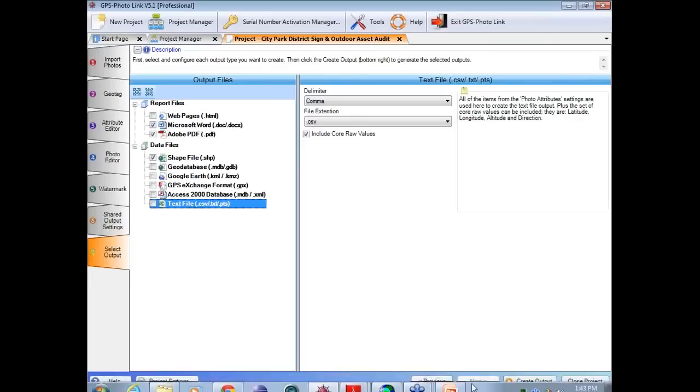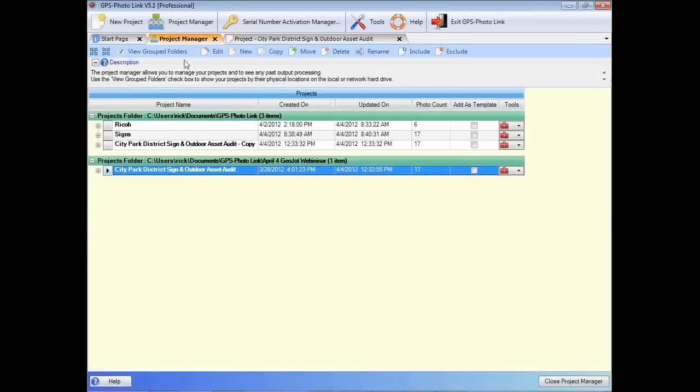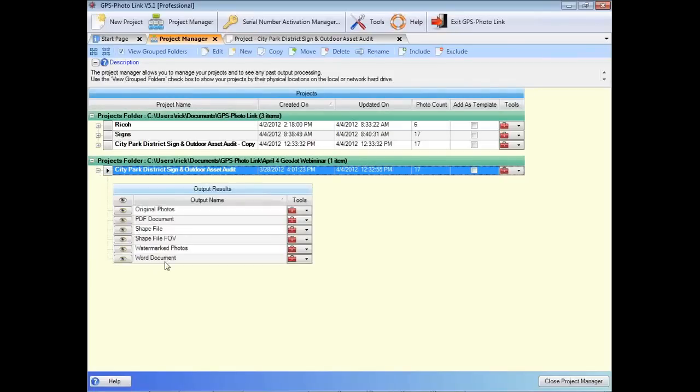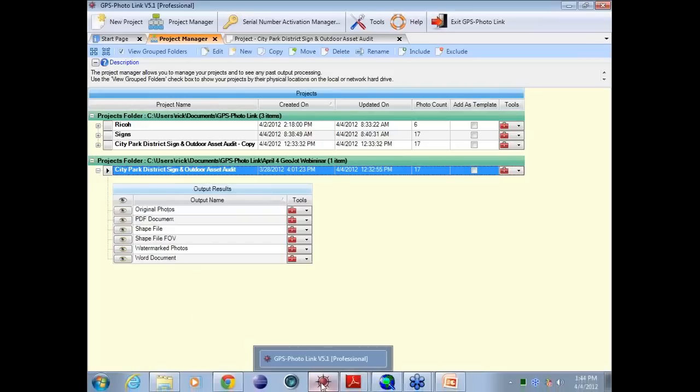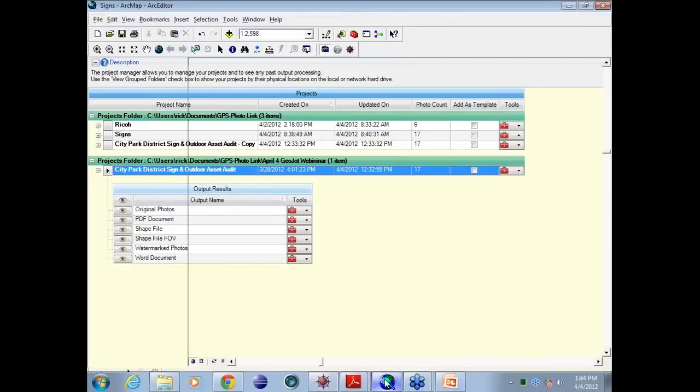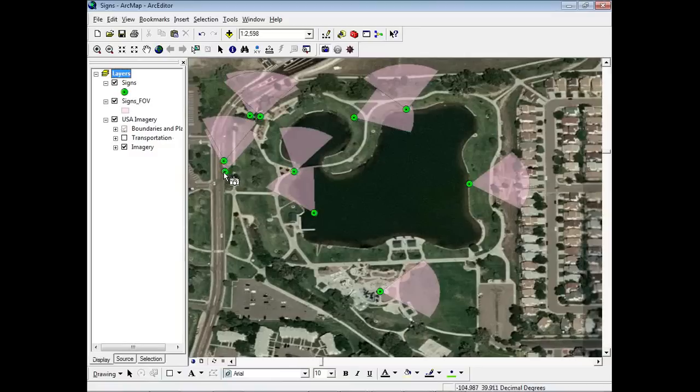When I'm ready to output, I create the output, and what I'm going to show you here is if we go back to Project Manager, under your project you now see the kinds of outputs that in this case I've already created. If I go to, for instance, ArcGIS, here's ArcMap showing again the project that we've been working on, and if I hover over one of the icons, we're going to see a familiar